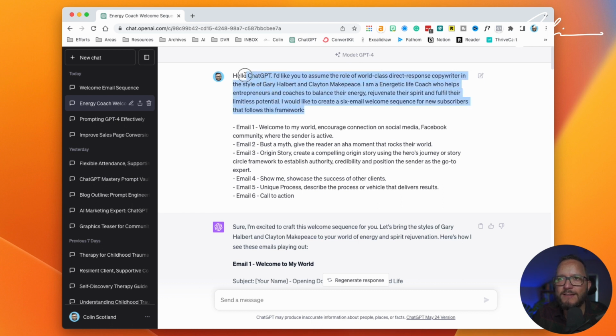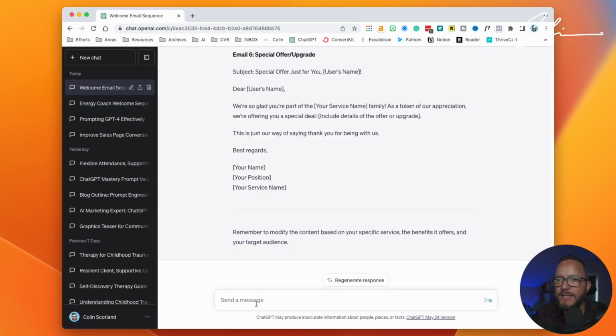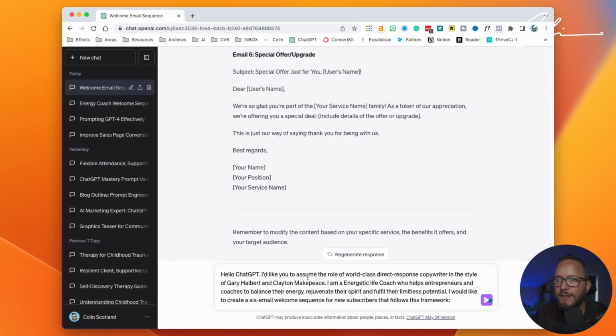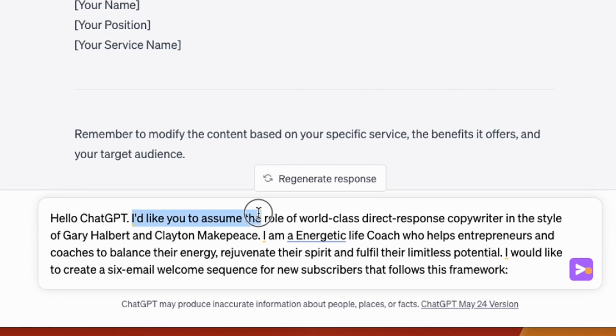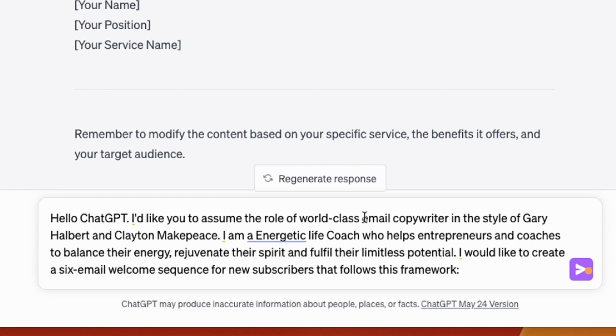So you could take this first part of the prompt and you could say, hey, write, let's get rid of that for a second, of world-class email copywriter. Let's just take these things where I've said Gary Halbert, Clayton Makepeace. These are something called tone modifiers.